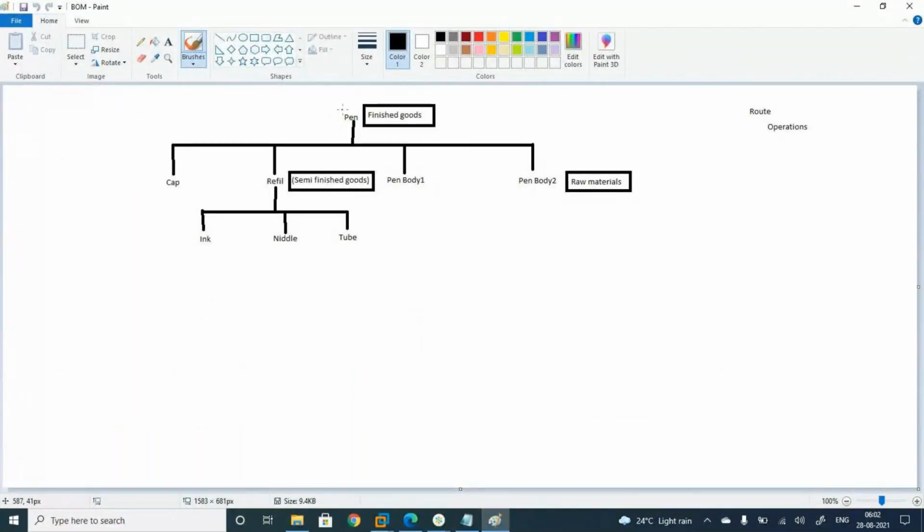To manufacture a pen, we need cap, refill, pen body 1, pen body 2. All together, these are called raw materials, and this is called finished goods. If you want to manufacture the refill as well, then we need ink, needle, and tube. So this is called semi-finished goods. First, let us understand cap, refill, pen body 1, pen body 2 as raw materials, and this as